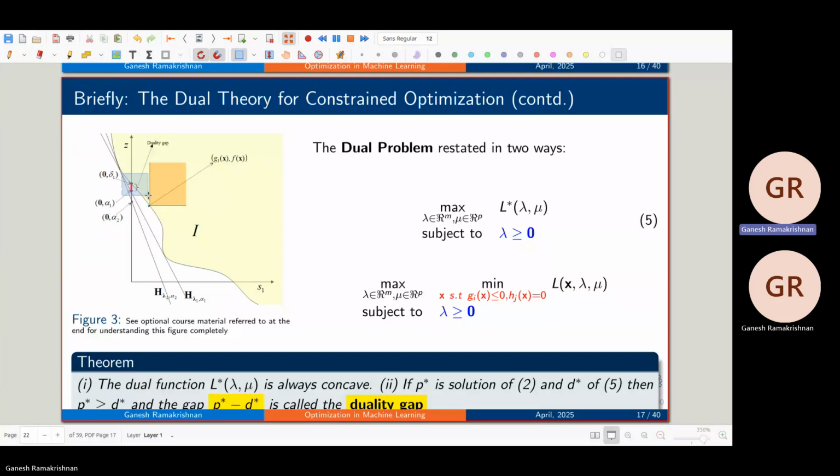When do you think that gap will become zero? Yeah, when the two points intersect. But when will that happen? You're just translating my point of zero duality gap to the fact that they should intersect. The hyperplane should touch, that's what you're saying, right? The hyperplane should be able to touch. So when will it touch the frontier? When it becomes a supporting hyperplane. You see what we did in one of the first few lectures, the supporting hyperplanes being so critical, whether it's defining gradients. Right? So when this becomes a supporting hyperplane,